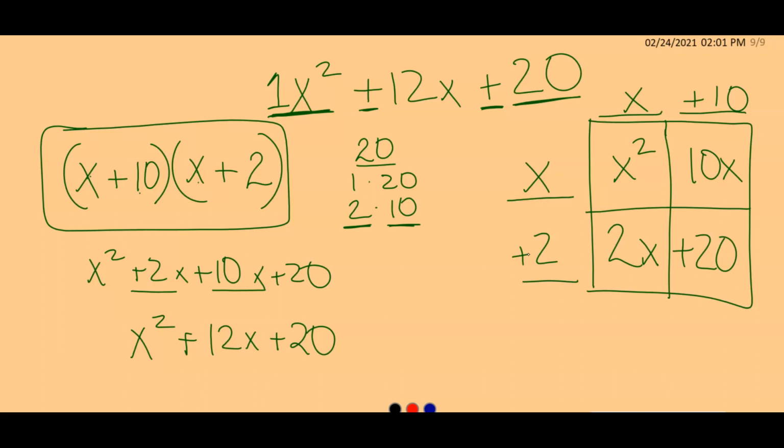But let's see what happens when a is greater than 1. All right, that's a little bit different. The basic procedures are still the same for both methods, but you have an extra step in the vary method that you don't have in the area method. So here's our trinomial that has 6x squared minus 11x